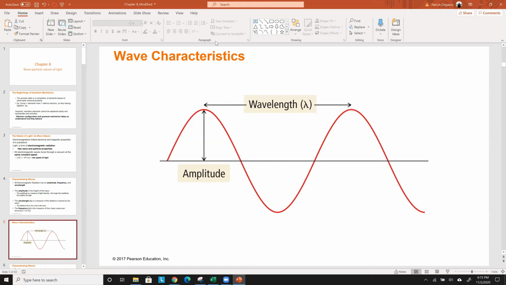All right, so here you have a wave, and you can see the wavelength is the distance between,